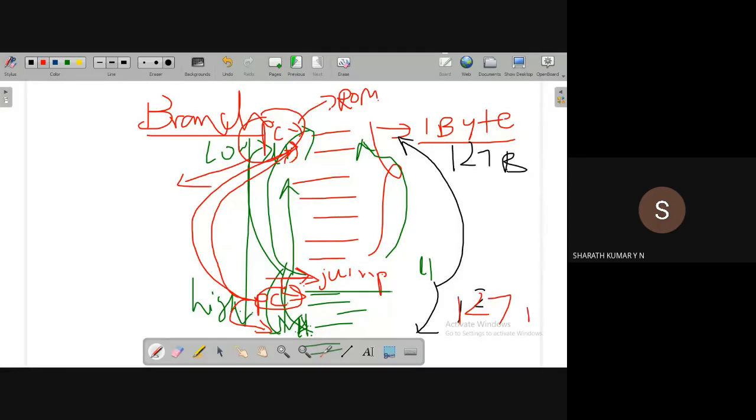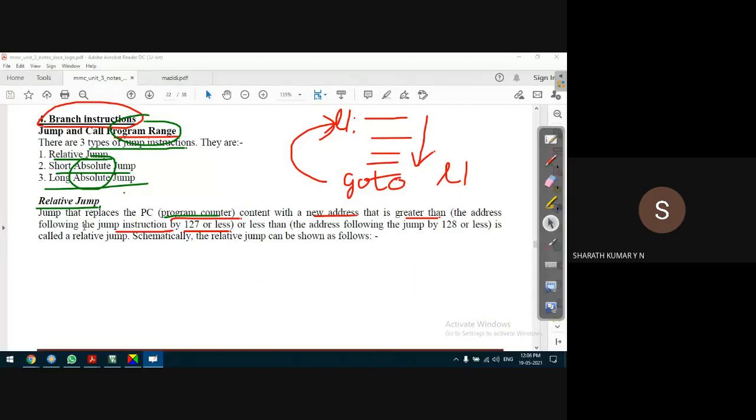Then the jump instruction used is what is called a relative jump instruction. Greater than or less than the address following the jump by 128 or less is called a relative jump.